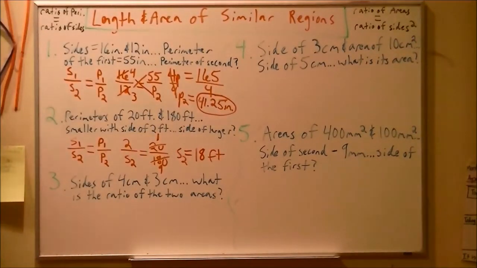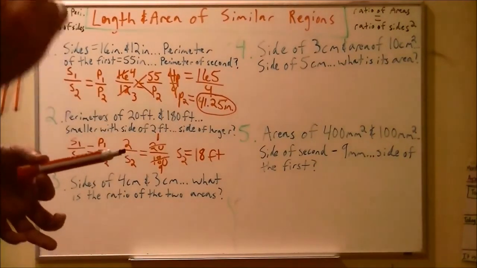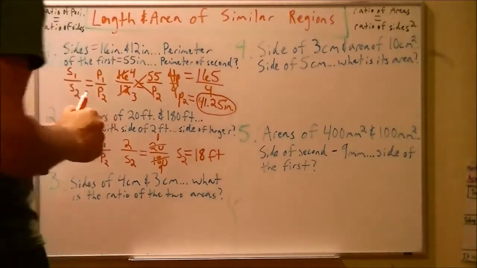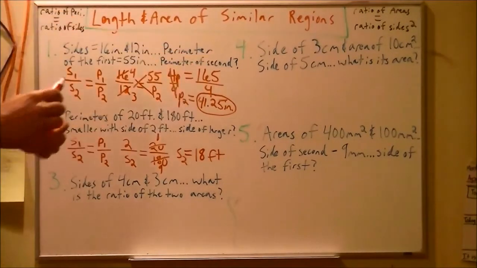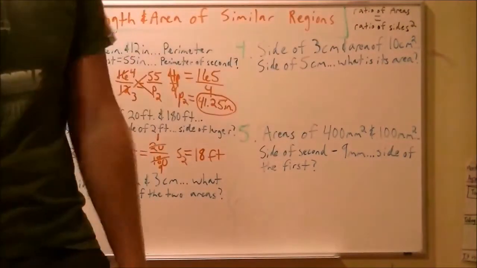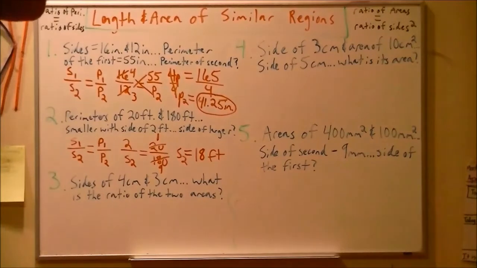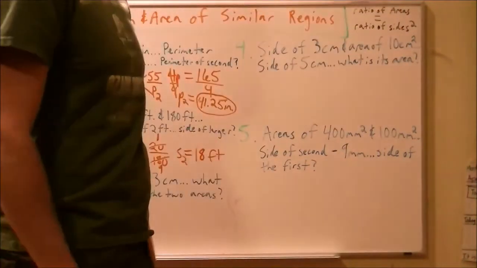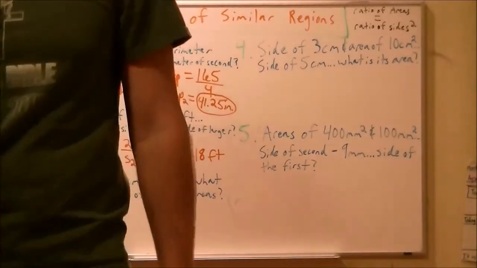We can do that if we want, or you can just leave it as p and leave it as s. That's just being a little more specific, and mathematically we tend to like a little bit more information as opposed to not enough. Okay, for numbers 3 through 5, we're going to deal with a new formula that is very similar in concept. For numbers 3 through 5, we're going to be working the ratio of areas relative to the